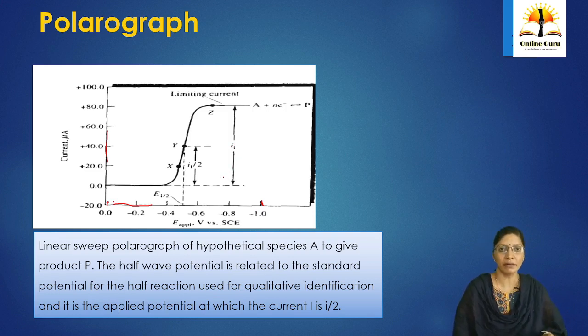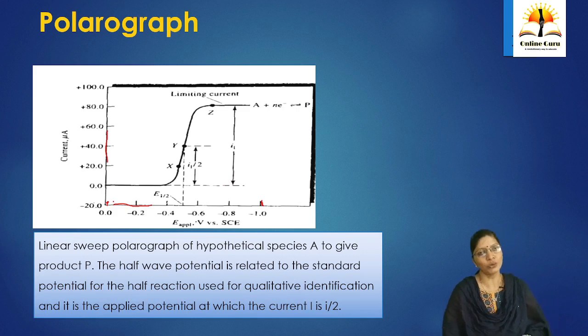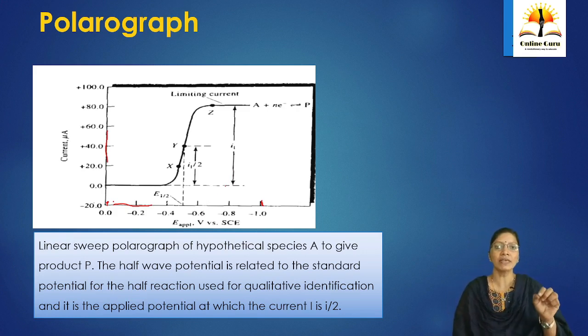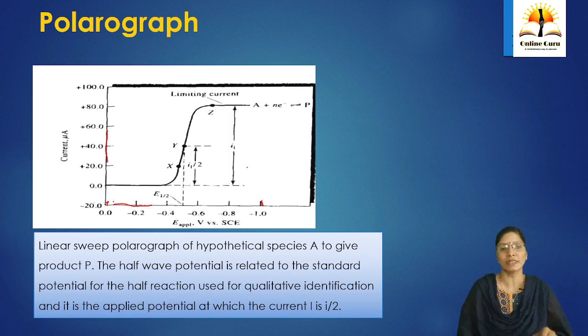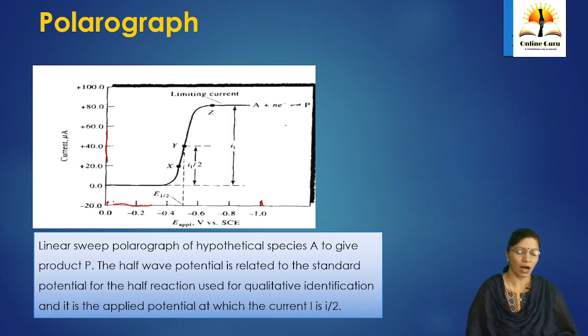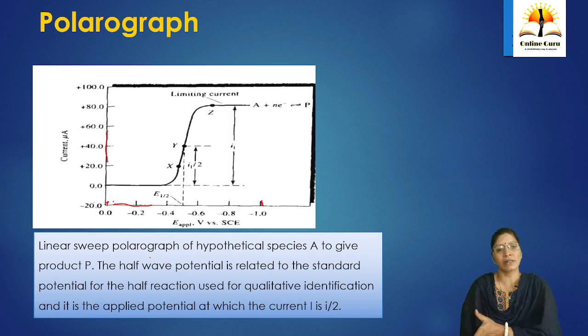Most often, we can use a salt of potassium as the supporting electrolyte. KCl will be selected as the supporting electrolyte. And why are we selecting it? Because potassium and chloride ions, the positive and negative ions, do not interfere in the analysis. They have high decomposition potential magnitudes, and that is why KCl can be used as the supporting electrolyte in the solution. Up till now we said that the analyte is there and the supporting electrolyte is there.